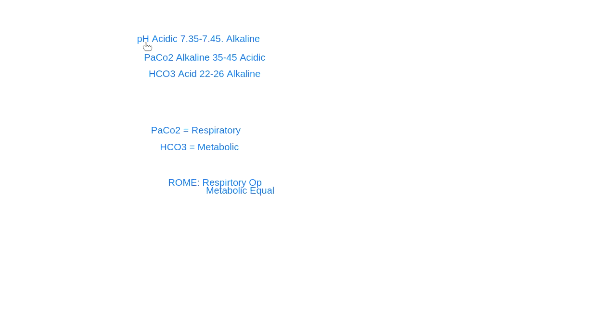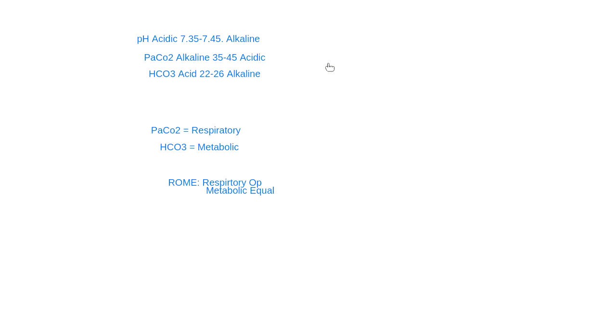So your HCO3 is metabolic, that's your basic scale. So we have acidic here, alkaline here, alkaline here. Okay, so metabolic is equal. If you just remember those simple things, you want to remember the actual numbers, your reference range. You want to remember which side is acidic and which side is alkaline. That helps you significantly. And then she goes further on in this video to do the tic-tac-toe method, which is simply where,